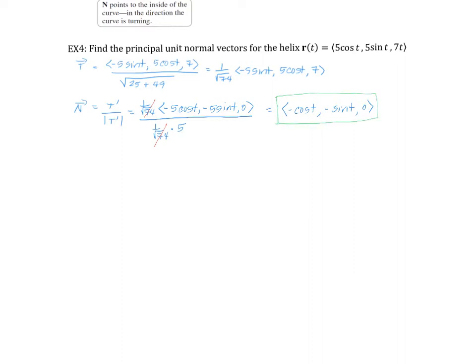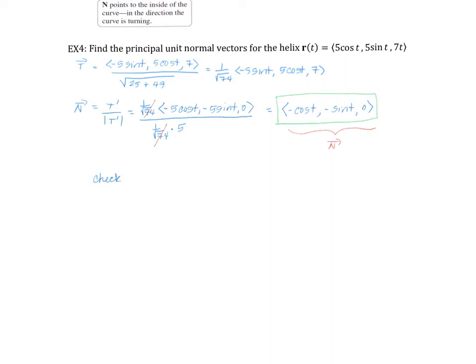So something to note is if you do have a helix of this form, and you're free to use this, this will always be its principal unit normal vector. Okay, negative cosine t, negative sine t, comma 0. Now, although this is not part of the example, it's not part of the question, if I were to check